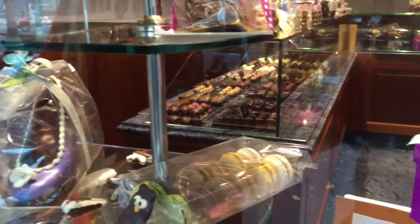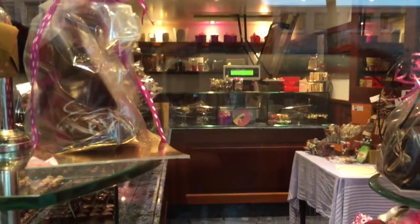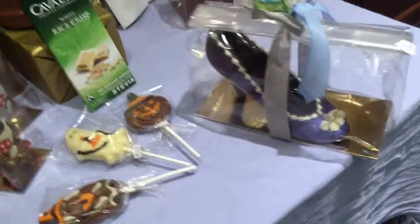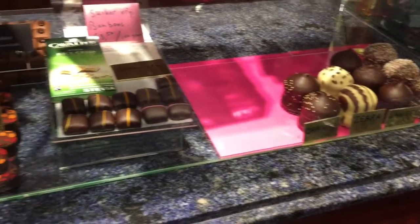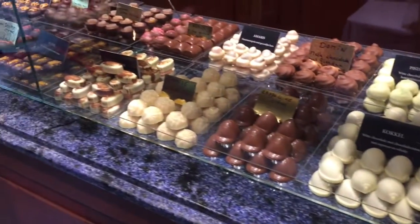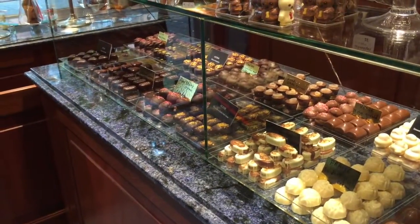And this is a Belgian chocolate shop just a little past his house. And I was so impressed with these chocolate shoes. And the woman standing outside the shop turned out to be the proprietor. And she invited us in, and I told her that I love making chocolate cake with Belgian chocolate ganache, and she invited us to choose any